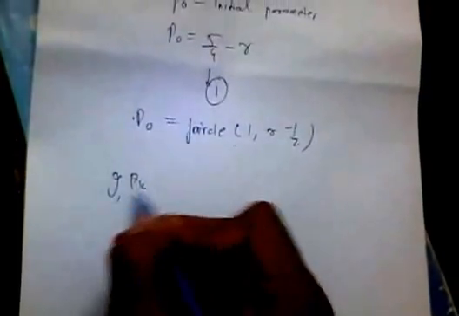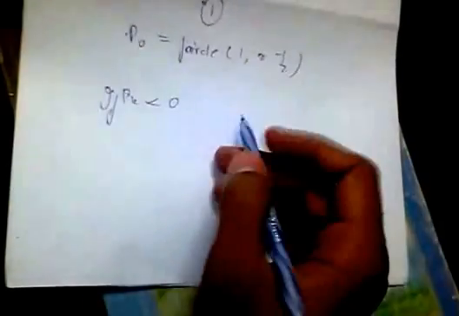Okay, now let us see, if pk is less than 0, that is negative, then the point to be set is xk plus 1 comma yk. Now why this? So if pk is less than 0, then this point. If it is greater than 0, then this point. Now the question comes, why this?